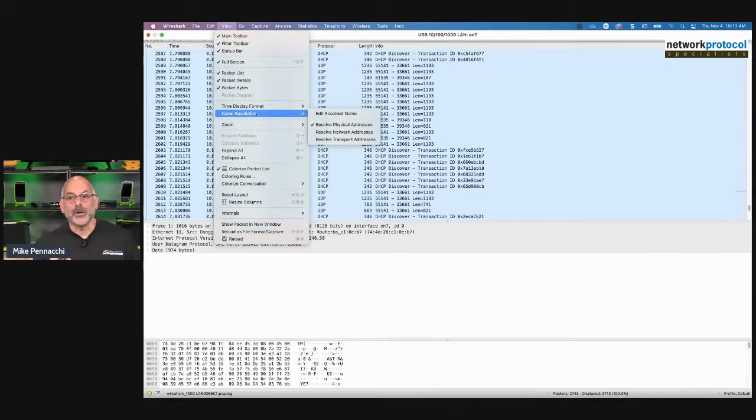By default, Wireshark turns off network layer name resolution. Why does it do that? Because to do this, it's got to send DNS pointer record queries. And if we're capturing a lot of packets with a lot of IP addresses, this can create a lot of traffic at the time we're doing our packet capture. So by default, this is turned off. One of the first things I like to do is turn that on. So I'm going to turn on Resolve Network Addresses.